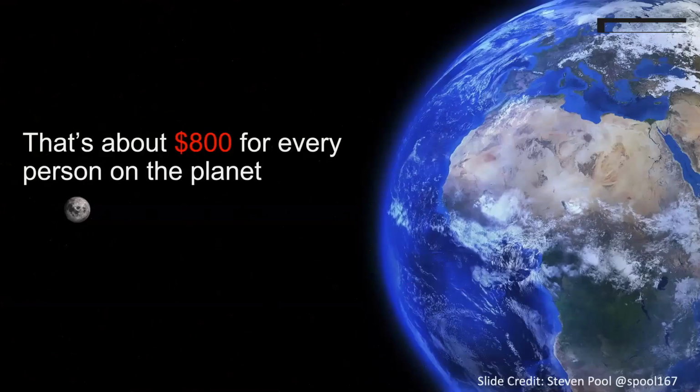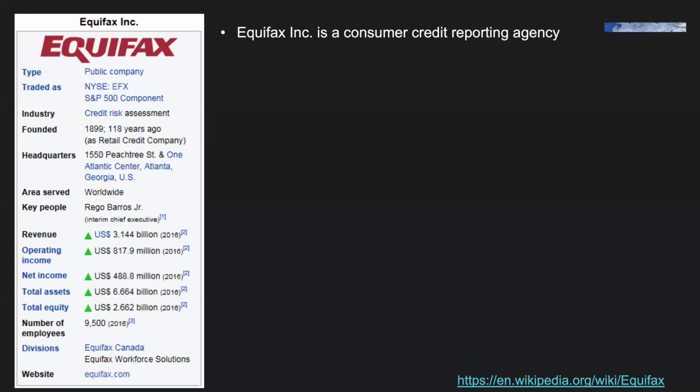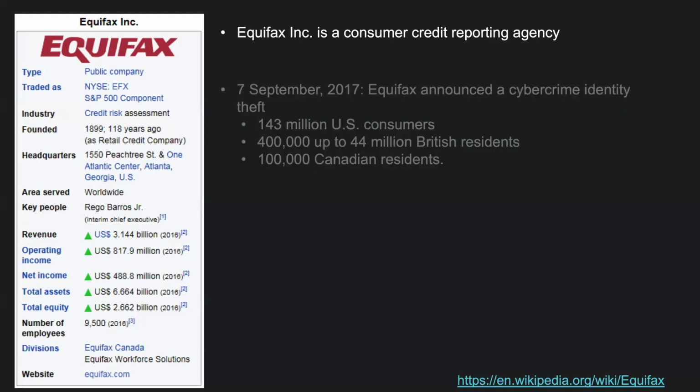So just to put that in a bit of context, that's the kind of scale we're talking about. Just to pick an example, Equifax, which is a credit rating agency in the US, have some presence in Canada and the UK as well. But they handle very sensitive information around credit ratings, things like national insurance numbers and those type of things. They were actually attacked through an open source vulnerability.